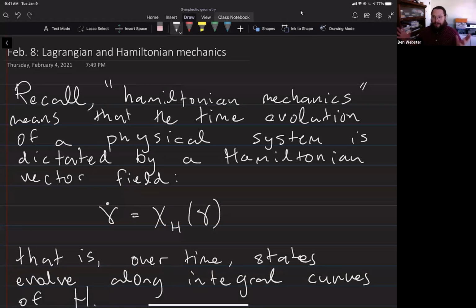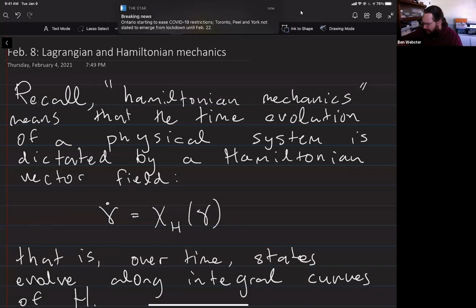One justification for why symplectic geometry is something you might want to do is that it's the mathematics underlying what's called Hamiltonian mechanics, the Hamiltonian formulation of classical mechanics, which basically says if you have a physical system, it has a space of all the states it could be in, that space has a symplectic form on it, and the way you go from the energy function,